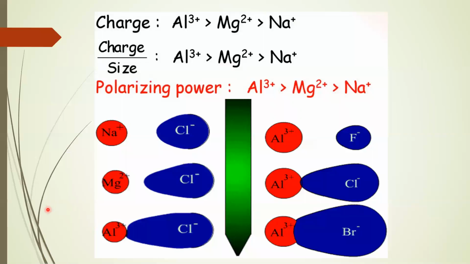Hence here it will be more clear. You can see as the charges are increased, right? It is more towards the formation of covalent character. Even as the ionic size increases. Here you can see the larger anions, right? Fluorine, chlorine, bromine. Again, more of covalent character. So this was given by Fajan.